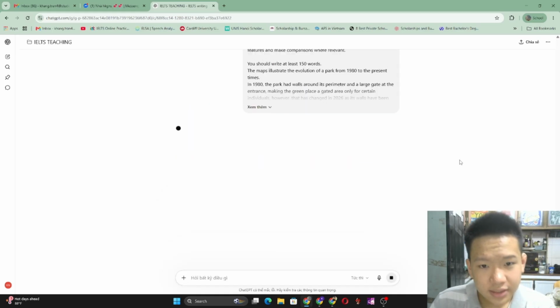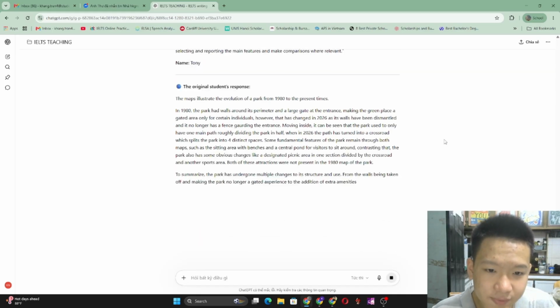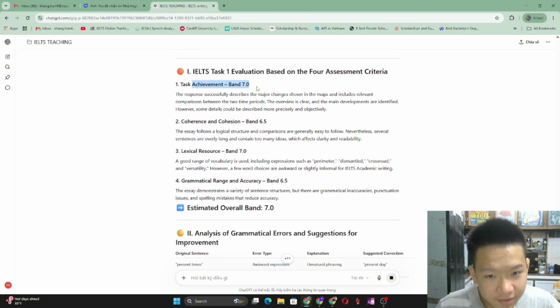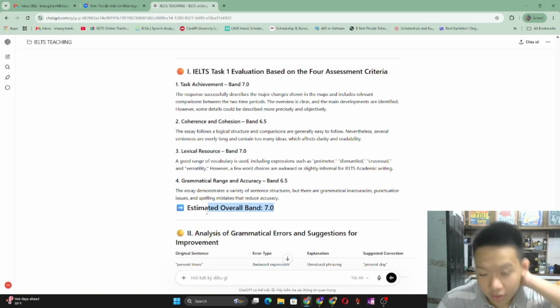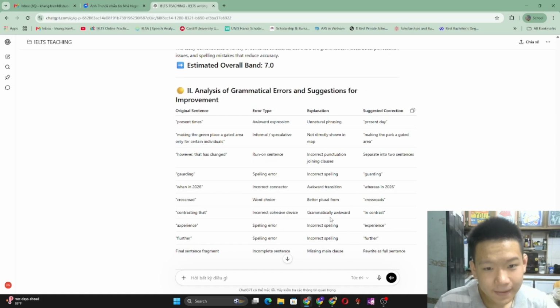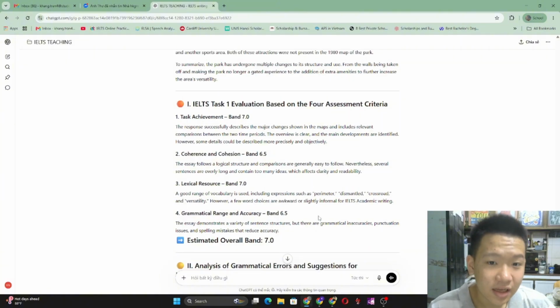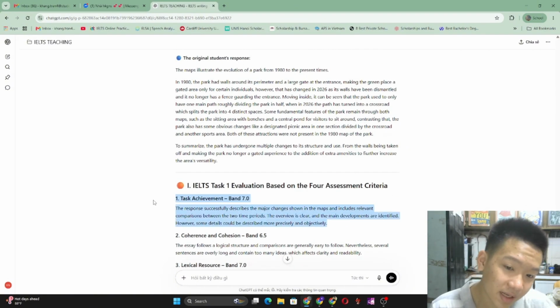All right. So let's see how my IELTS writing did. Right away, task achievement 7.0, coherence and cohesion 6.5, lexical resource 7.0, and grammatical range and accuracy 6.5. The estimated overall band is 7.0. So it's not the best. But what I did here is that my task achievement is not that high, but it is good. It is good. I can feel it because